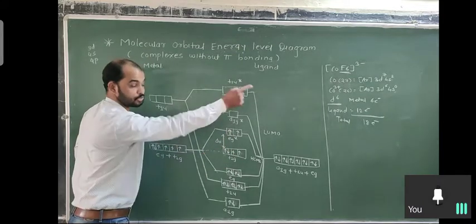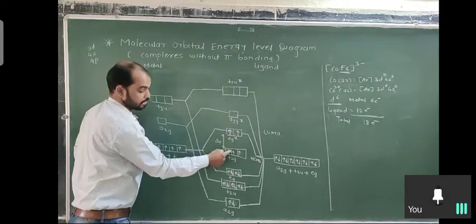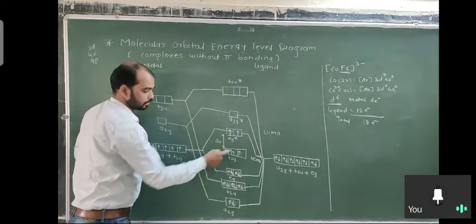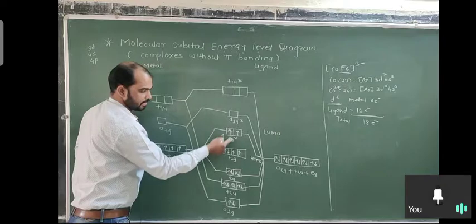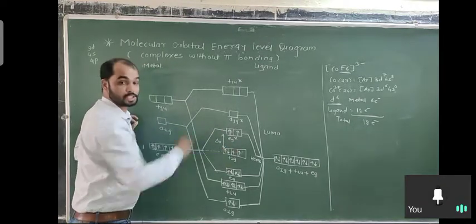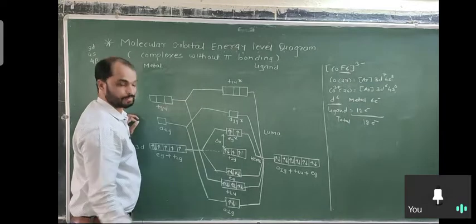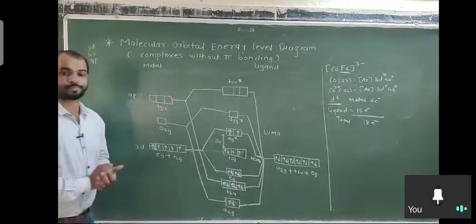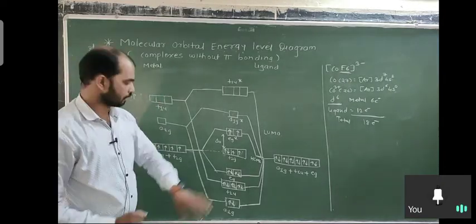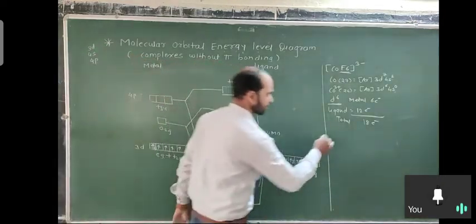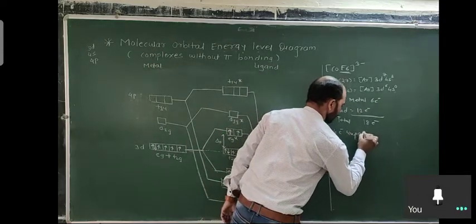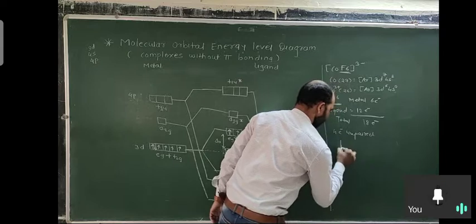Because ligand is weak, pairing energy is more as compared to delta. Weak ligand असेल तर, आणि जर ligand strong असता तर pairing energy कमी असती आणि delta energy जास्त असती. त्यावेळेस काय केलं असतं? 4th, 5th आणि 6th इथं spread झाले असते, जे पुढचं example बघणार आहोत आपण. So this is all about the CoF6 3 minus. Here 4 unpaired electrons. If 4 electrons are unpaired, complex is paramagnetic.